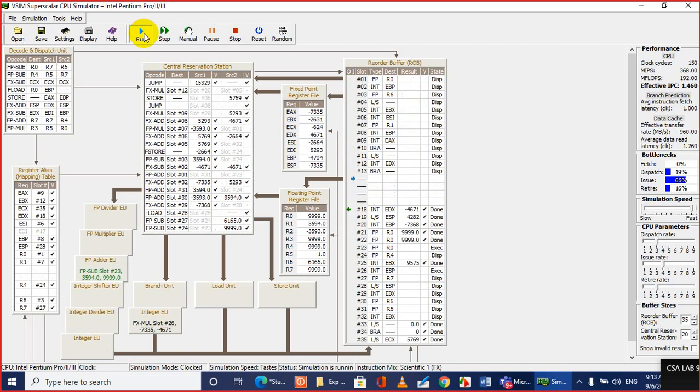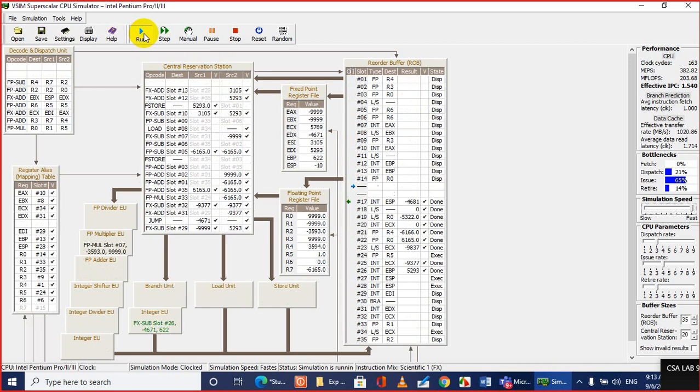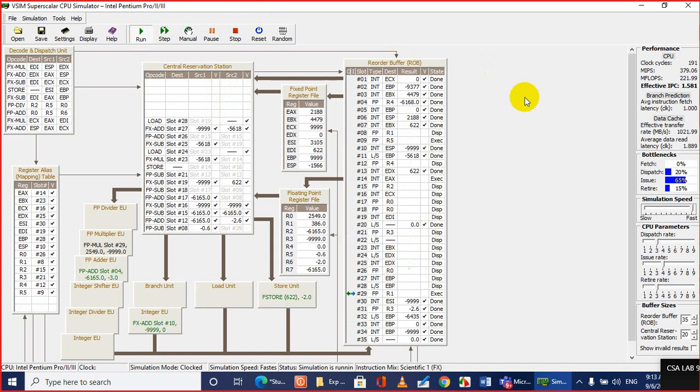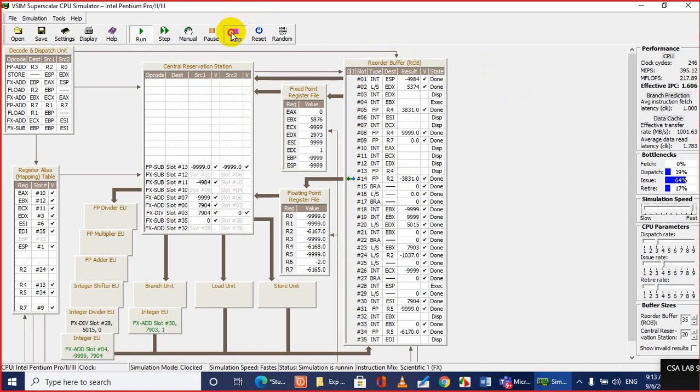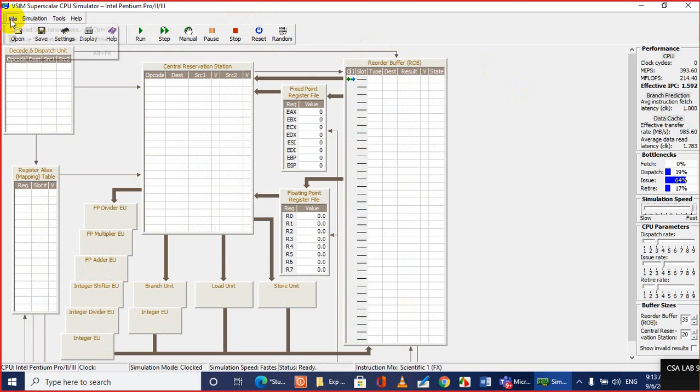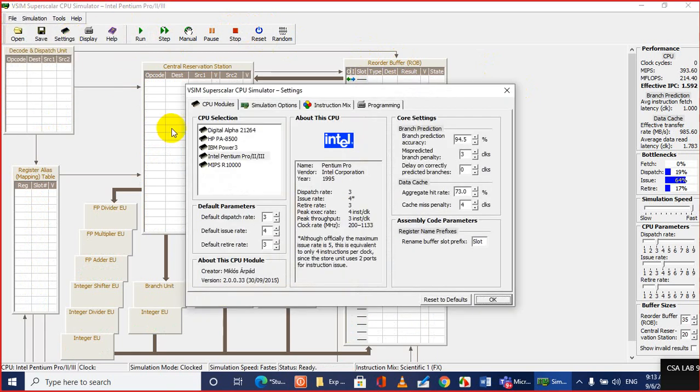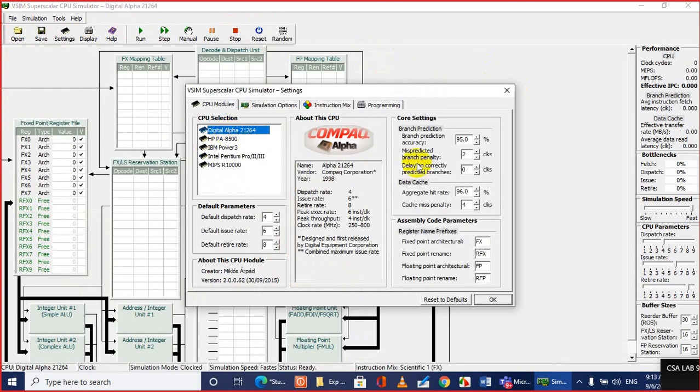this is a combined lab 9 and 10, and lab 10 is similar to this one. In lab 10, you use different hardware, a RISC processor. So to go to lab 10, you will choose Alpha 21264, and in a similar way you will perform the experiment for lab 10.